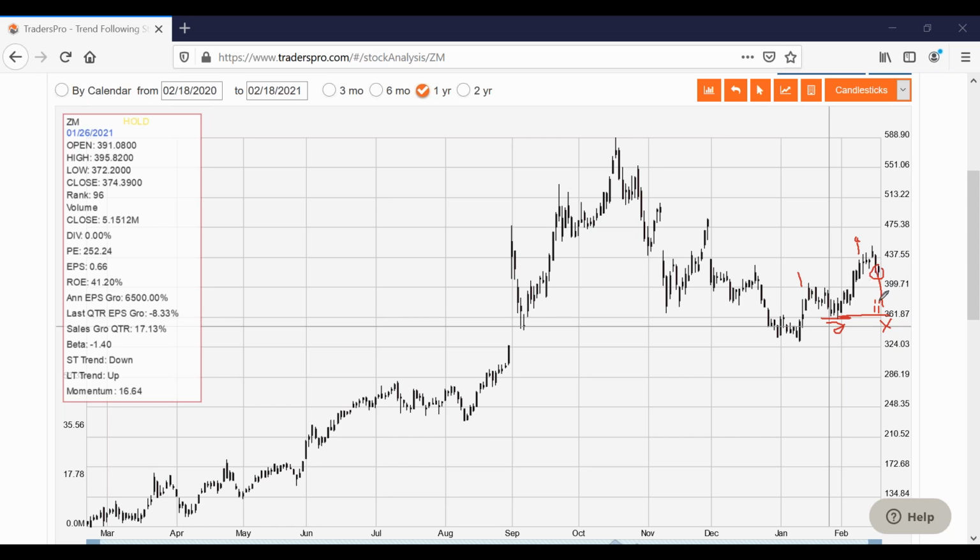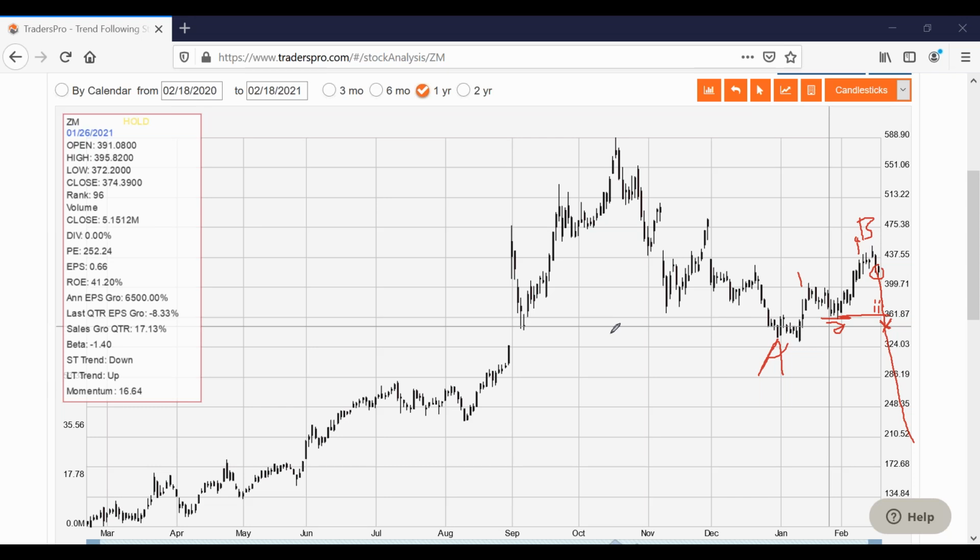Although if it came down that far, it's not acting like a wave 3. Wave 3 gets up and goes. It takes off. It doesn't lag around. If this comes all the way down here, a wave 2 of wave 3 is not getting up and going. It's not acting like a wave 3. But that's one area that you could put as a stop loss. If you break below that, then I'd say, maybe I'm wrong. Maybe this is just wave A, this is wave B, and we've got further to drop.